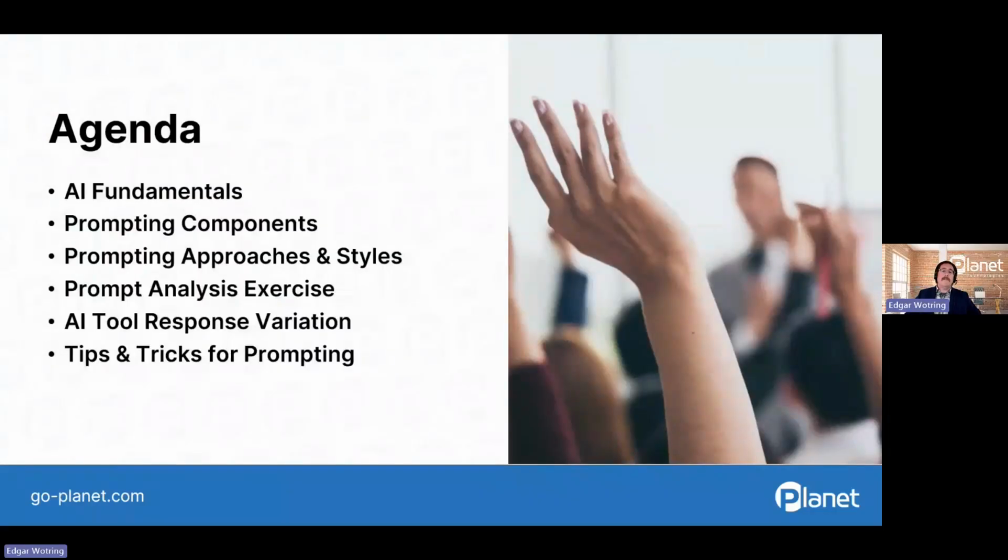What's on our agenda for today's session? Like so many learning journeys, it's smart to set the pace before we move forward. And we're going to start things off considering our work in the GCC experience of Microsoft 365 and some AI fundamentals. We'll consider what a prompt is and why prompting is a critical part of our AI success.